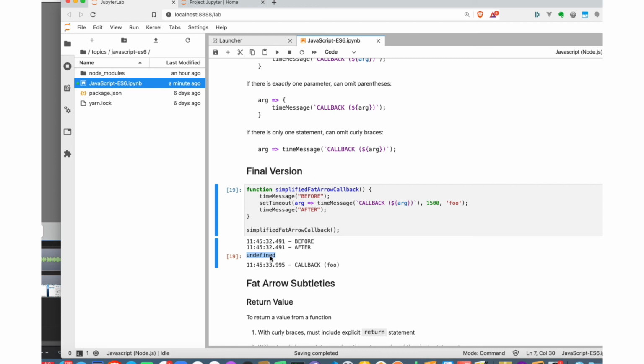Now, in many cases, that's perfectly fine. In the example we've been showing for setTimeout, we don't really care what value comes back from the function that we're passing as the first argument. We're only doing this because we want the side effect of printing something out to the console. So we don't care about the return value. But in a lot of cases, we do care about the return value, and we'll see in a couple of days that